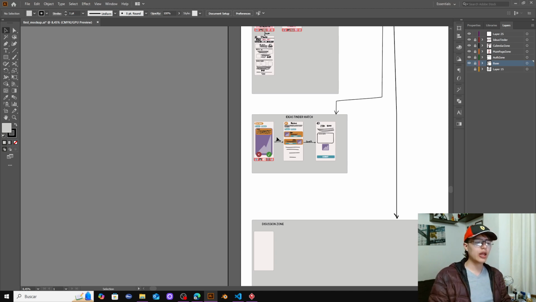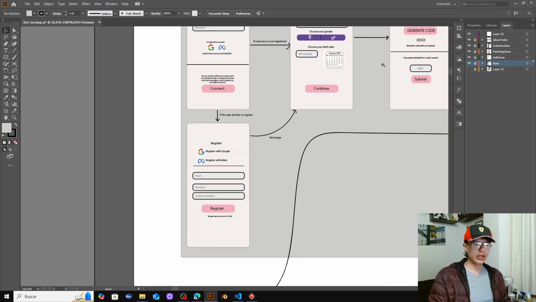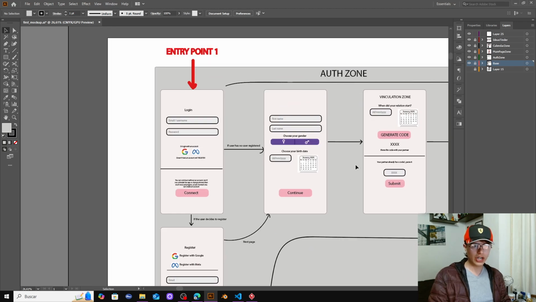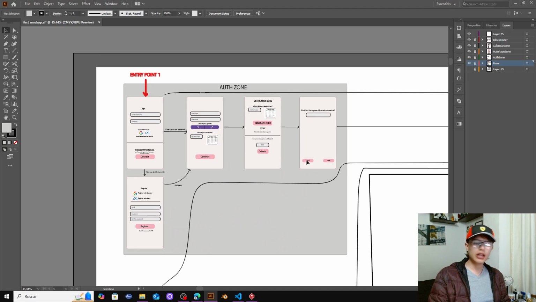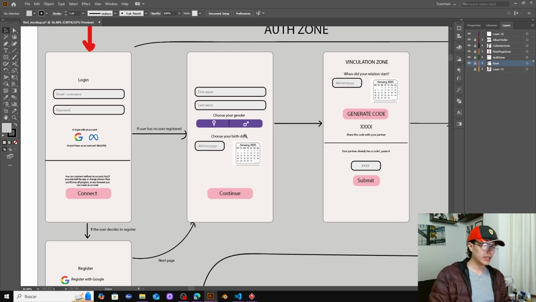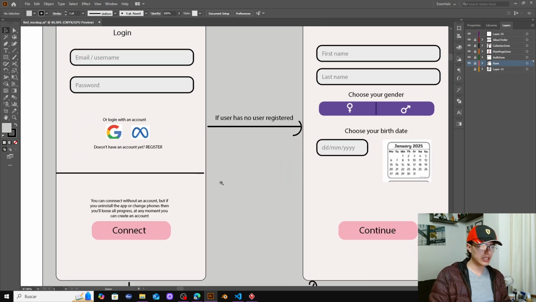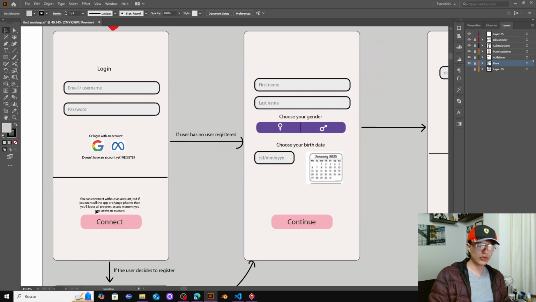That's all I want from these mockups. These mockups don't serve any design purposes. Everything regarding the design and the UX, I will take care of when I am developing the front end with Flutter. Right now, this is only, as I said, a base to know the screens that I want to have. So as I was checking here, I just added that the user could connect with his or her